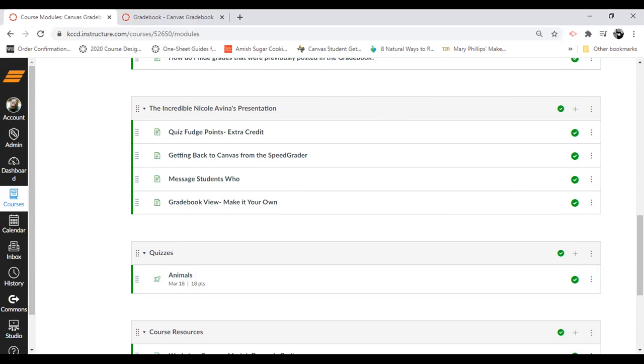Getting back to Canvas from the speed grader. Sometimes when we get out there, it looks like we're in the speed grader and we're done grading and it's like, well, where's Canvas? Where did I go? So there's a couple areas in there that you can actually click and get right back to Canvas. The message students who feature in the gradebook, meaning that you can message groups of students